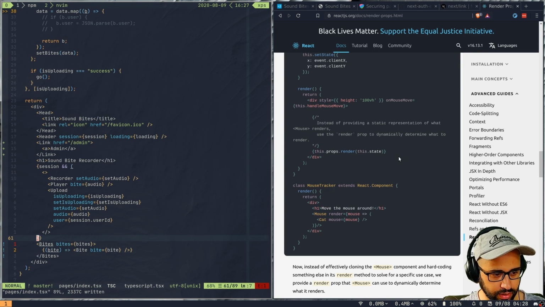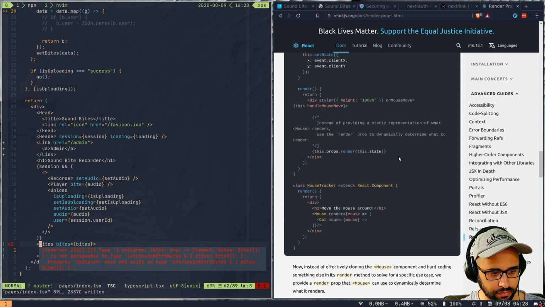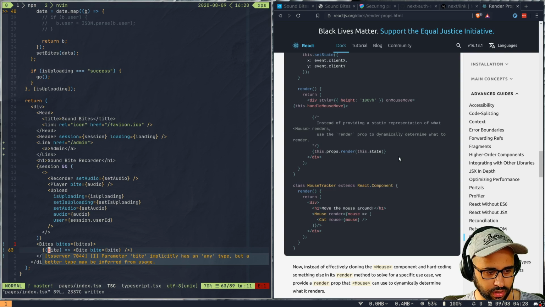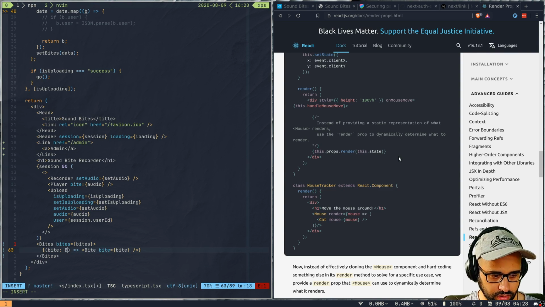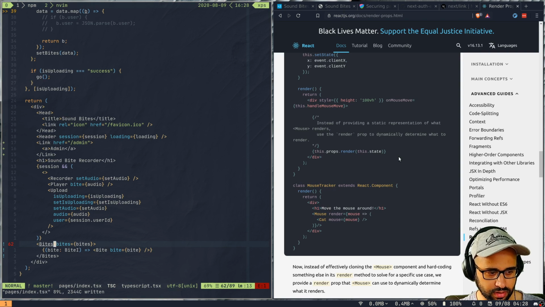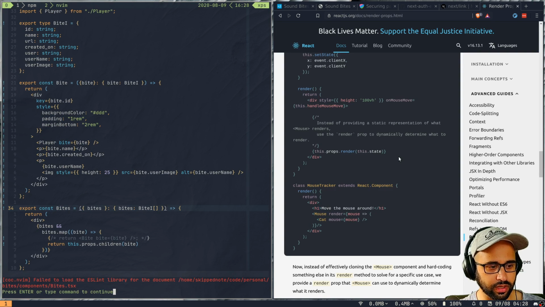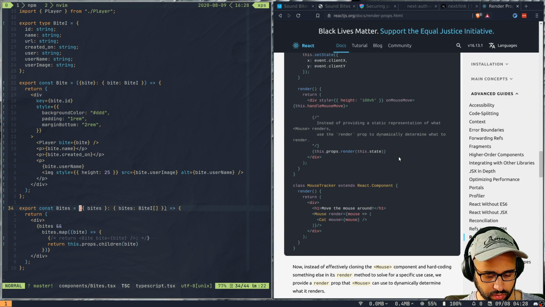So now it's complaining that bytes children, bytes element is not assignable to intrinsic attribute. Okay, so something we have to change there, and then parameter byte implicitly has any, we can tell it that it is byte, actually byte I. Hopefully this is happy. Yeah, this one is happy. Let's fix this. Let's tell it that it will also take in a children prop here. So this would also take in children, and